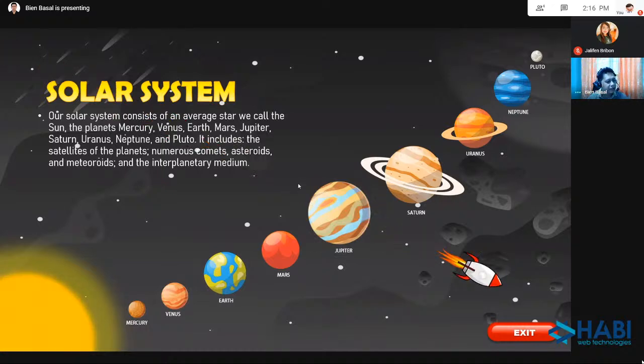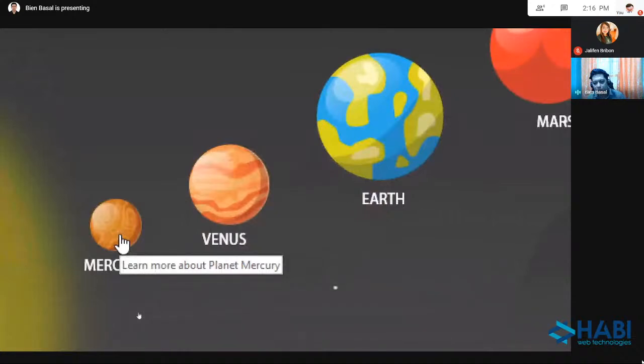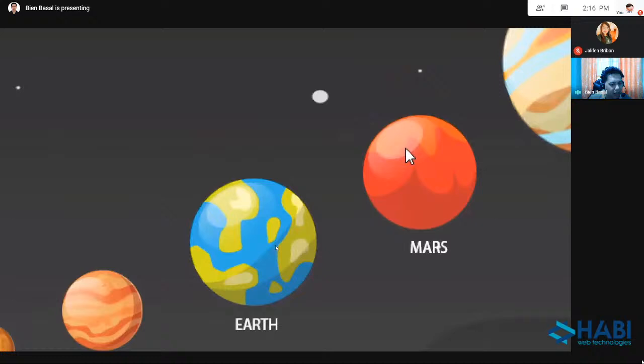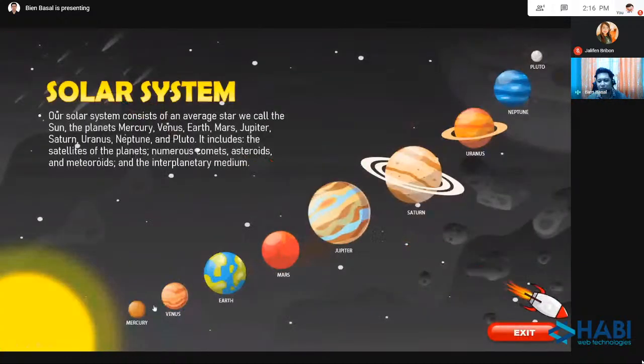Ayan. So, we have here yung solar system, description, and we have here yung mga ating pong images or graphics po ng mga planets po natin. Okay? Ayan. So, we have here yung Mercury. If you notice, once I hover po sa kanya, may nag-a-appear po ng mga tooltips. Magkakabit po tayo niyan. So, for example, Mercury, planet Venus, Earth, and Mars. Actually, hindi ko po natapos ito. Lahat ng planets. I only have 4.